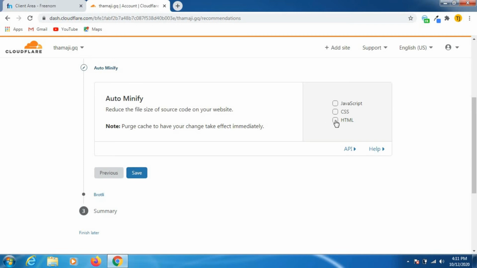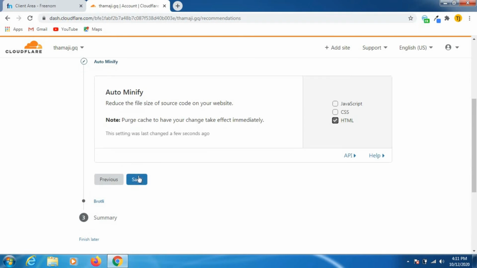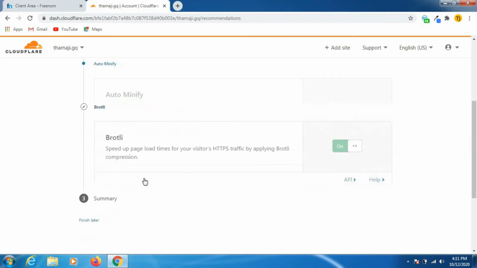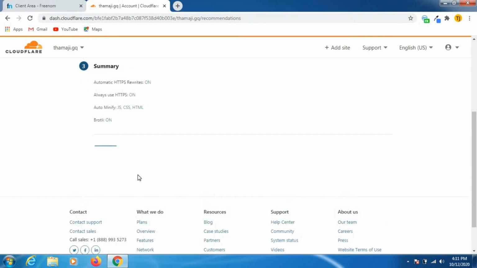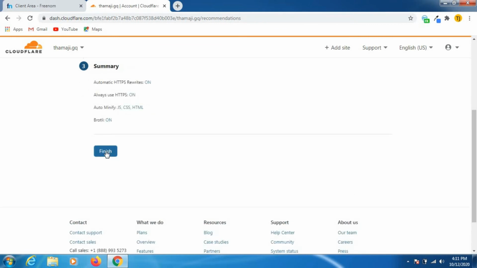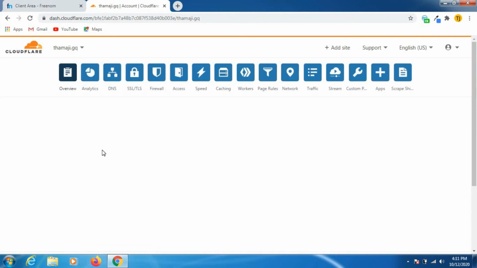Our website is actually a HTML website, so you need to click on this and click on JavaScript and CSS and click on save. And click on this button named finish.